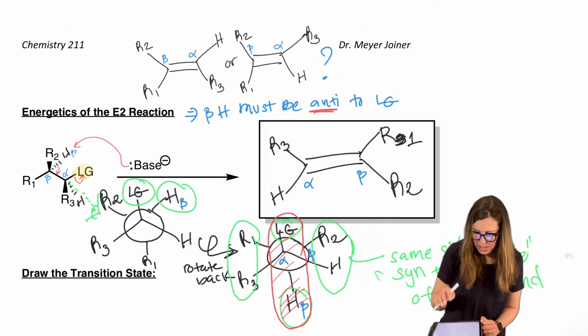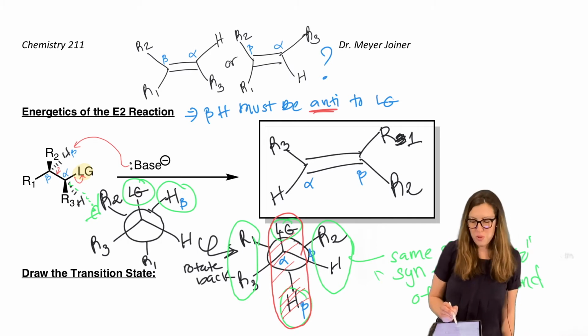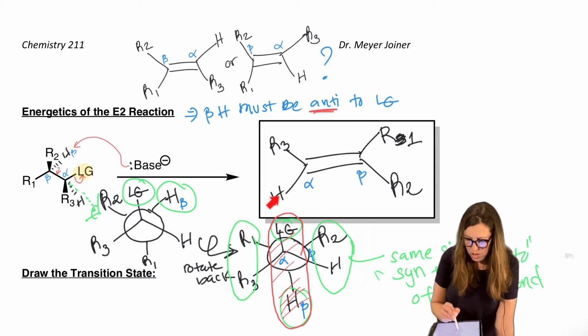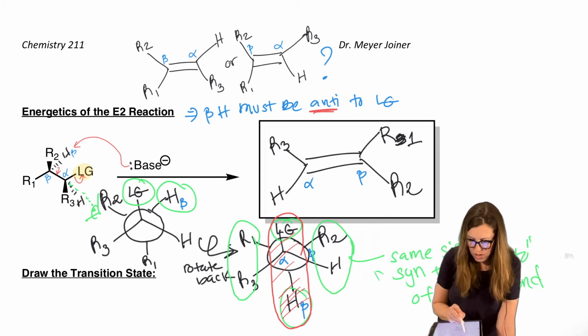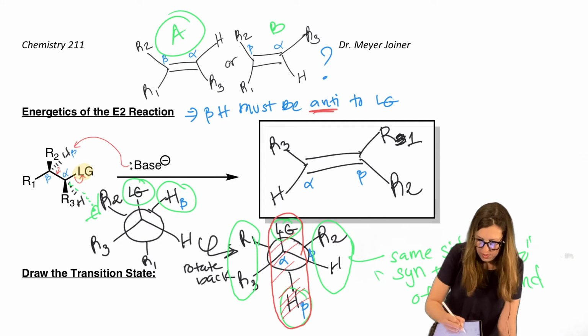Of the two possibilities, do we see a match? So what if this was a multiple choice problem? You drew out this answer, you now have to find the match, right? So you look for H, you look for these syn relationships. H must be on the same side as R2. So there's H. It's on the same side as R2 there. It's not here. So this was the correct one. If this was A and B, you'd pick A. B would be wrong. Okay?